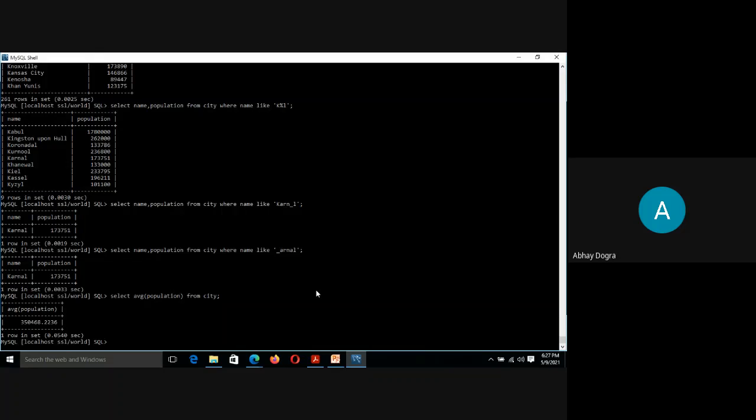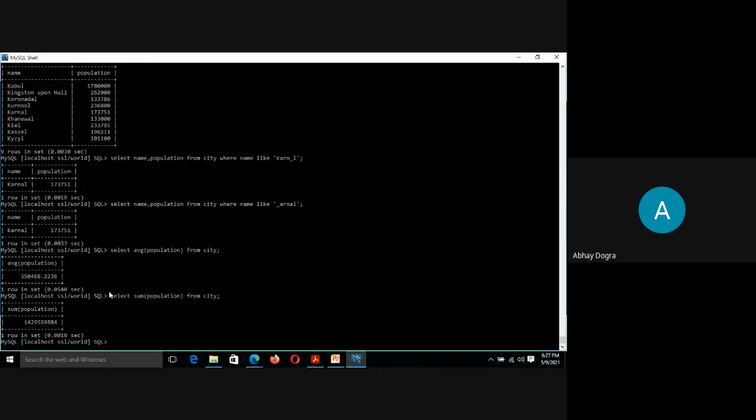So same way, if you want to find the sum, the function available is sum. Let's say you have some 35 students in your class, and they have given a test, and you want to find the average marks your class has scored, right? So we can write select avg, in brackets we'll write marks from student. Same way, if you want to find out the sum total marks a particular student has scored, then we can write select sum marks from student. But here, this is the total population. So let's say I want to know the total population of these cities, so I can use the sum function.